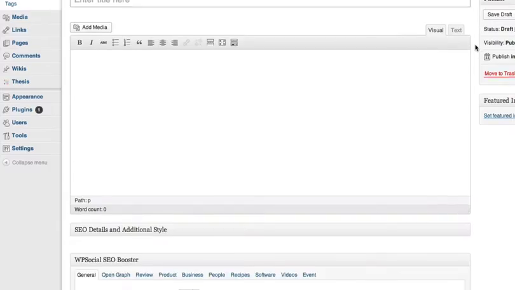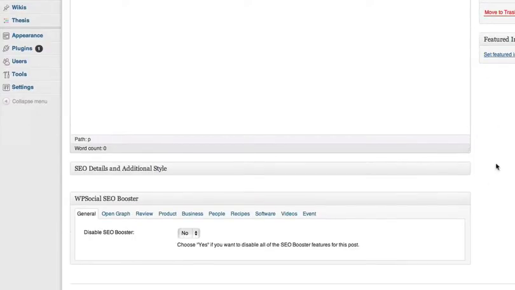So what I'm going to do, I'm just going to scroll down here just to show you the WP Social SEO Booster section. You can see, it has quite a few listings here, quite a few different ways that you can mark up your content according to what it is. So the general setting, of course, we do want it to be enabled. So we will leave no here,